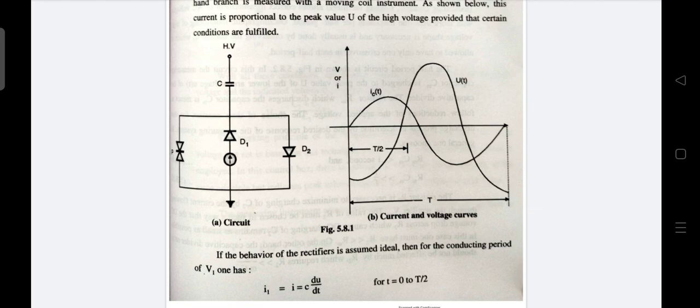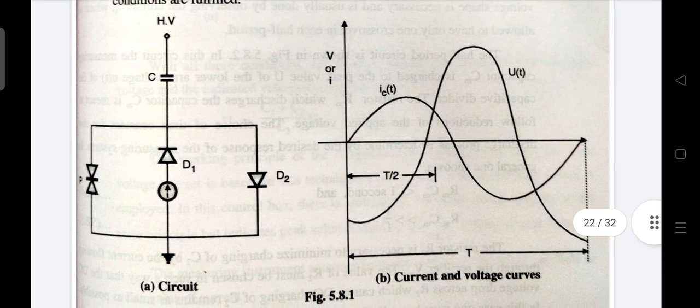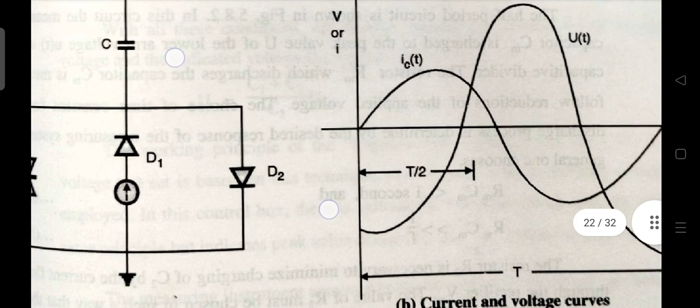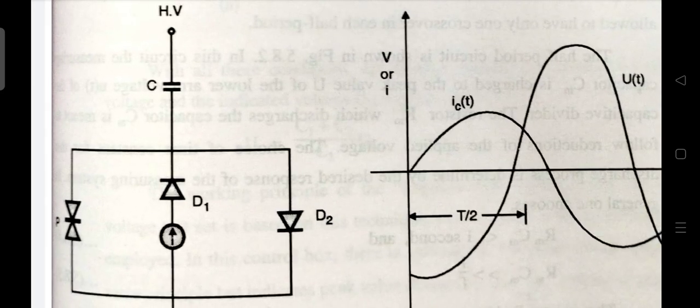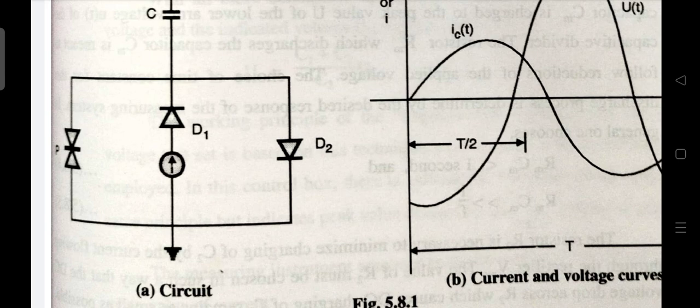A charging current i, given by the rate of change of the applied voltage, flows through a high voltage capacitor C and is passed through two anti-parallel rectifiers V1 and V2 to ground. The arithmetic mean value I1 of the current in the left hand branch is measured with a moving coil instrument as shown below. This current is proportional to the peak value U of the high voltage, provided that certain conditions